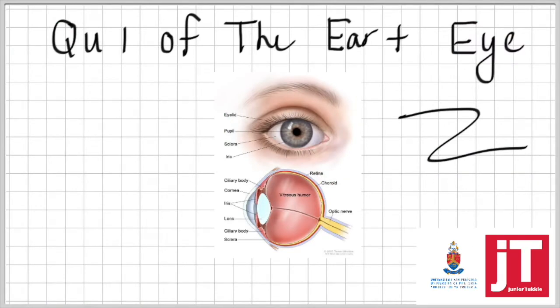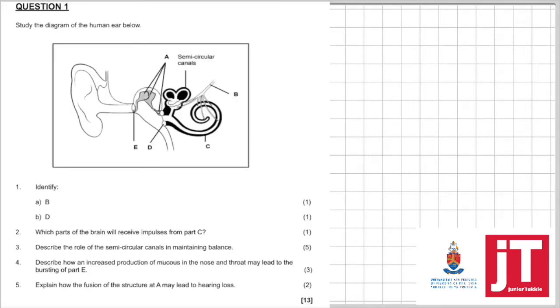Before you do the exam questions, make sure that you watch my theory video, you print my worksheet, and you have the memo with you at hand. Right, let's get down to question 1. Question 1, this is an overview of the question. There are 5 parts to the question 1, and the section on the question is out of 13.